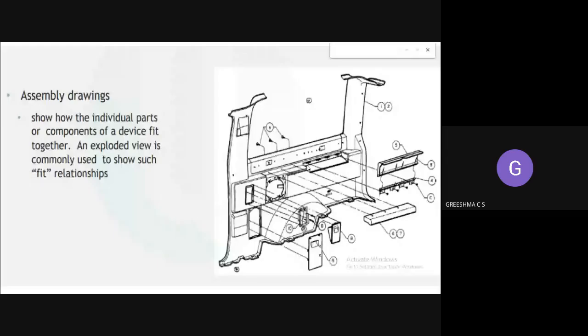Our individual parts, all of them held together in one drawing. That is an assembly drawing. You can see in this picture. See, this is a machine. So this is one individual component. All the individual components will be